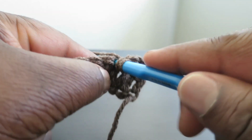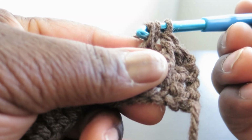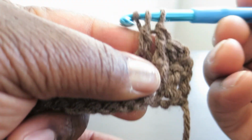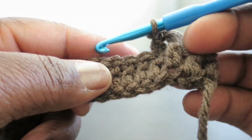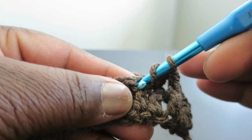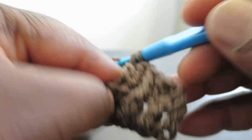And now that we're in the top of it, we yarn over, pull through to the front, yarn over, go through 2, 1, 2, yarn over, go through 2, 1, 2. Alright, that's 1. And now yarn over, go into the next stitch and make another double crochet. Okay,